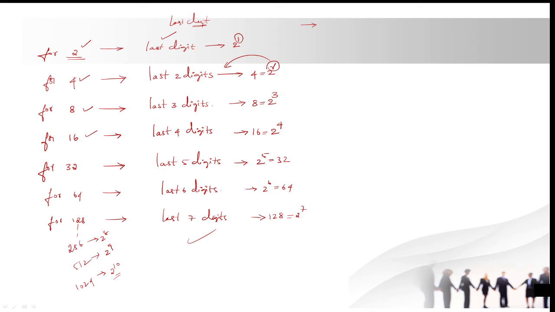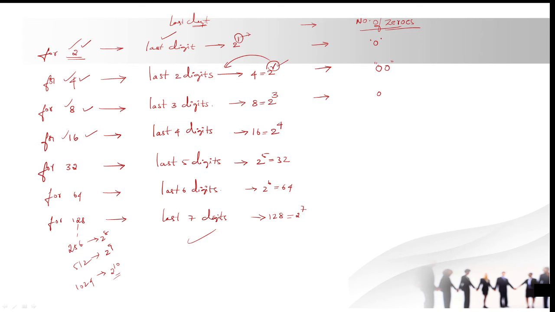Similarly, we can also have another rule for checking divisibility by 2, 4, 8, 16. That is the case of number of zeros. What is the power here for 2? 1 is the power, means the number should have one zero. If you are able to find one 0 at the last, you can tell the number is divisible by 2. Okay, if you are able to find two zeros at last, then the number is divisible by 4. Why? Because 4 is nothing but 2 power 2.